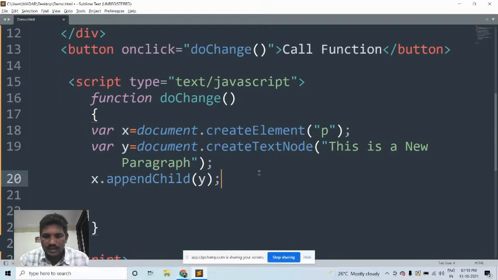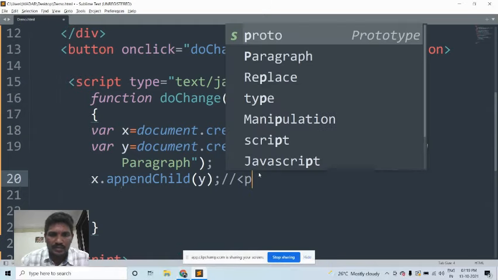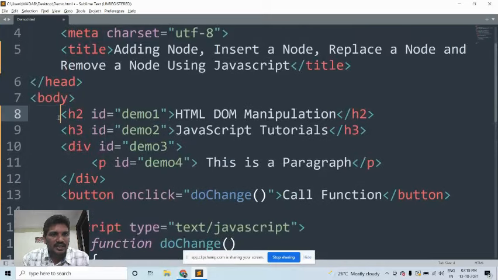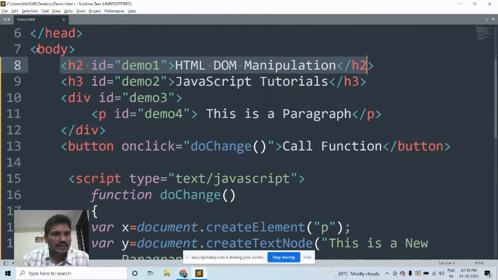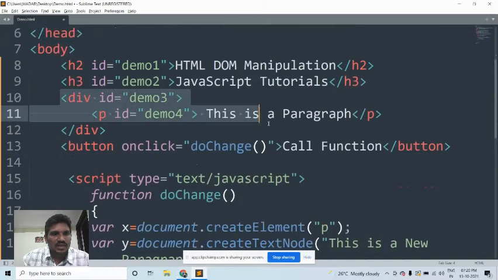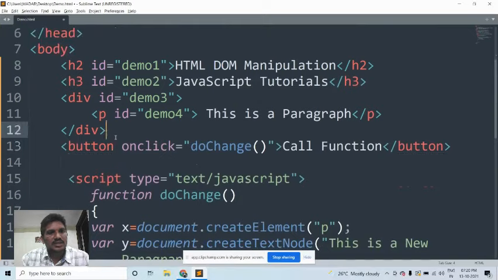Up to this point, the paragraph element has been created, which consists of the text node. After that, where should you add the element in the HTML document? Either before the h2 or after the end of the body. The end of the body comes here, after the division, after the button.